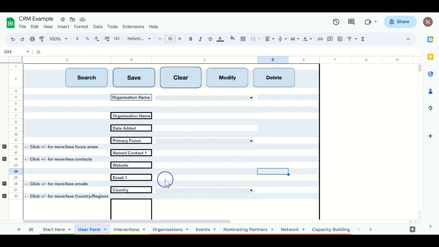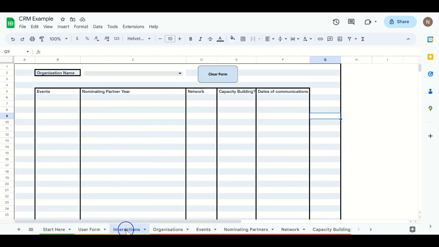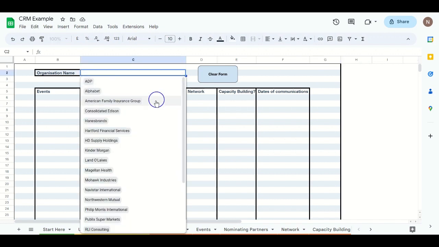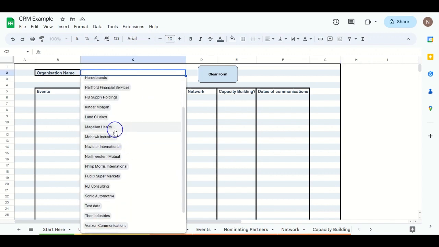So I thought, okay, I'm going to need to create a form that allows the client to be able to see the interactions that they've had with that organization as time has gone by. So I've created a tab here called interactions. If I click on that, the way this works is pretty self-explanatory. You've got a list of the organizations here. So let's pick,